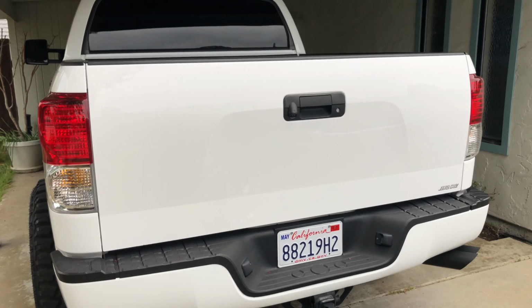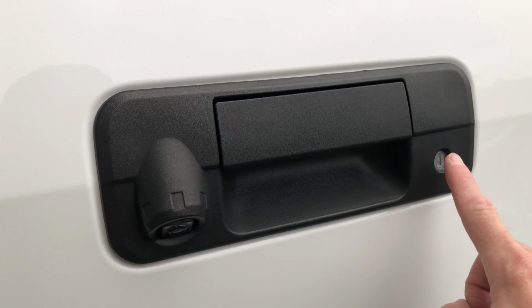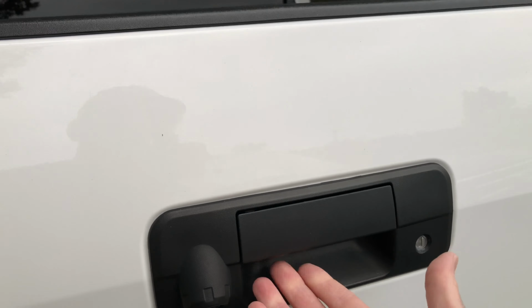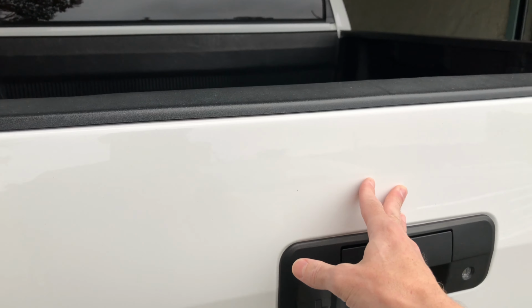Let's jump into a segment I like to call Tailgate Talk. Today on Tailgate Talk, we're talking about our Toyota Tundra tailgate, which has a key so you can lock the tailgate, a backup camera, a giant handle with plenty of room even if you're wearing gloves, and most importantly, this thing has shocks, struts, dampeners. I don't know what they're called, but